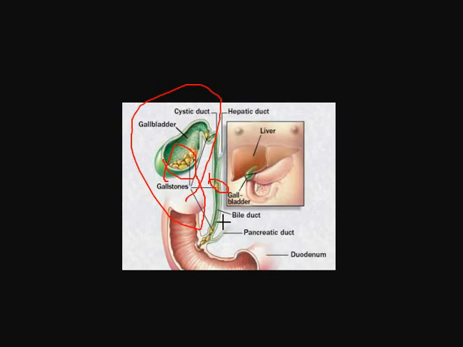So if we diagnose a patient with choledocholithiasis, how to manage this patient? First of all, surgery is indicated to remove the gallbladder. We do laparoscopic cholecystectomy, and after that we want to explore the common bile duct, so we do intraoperative